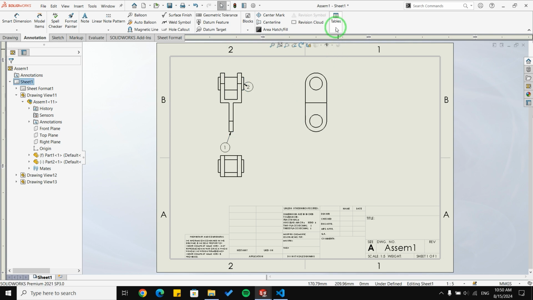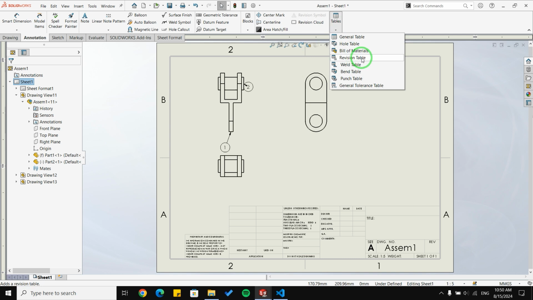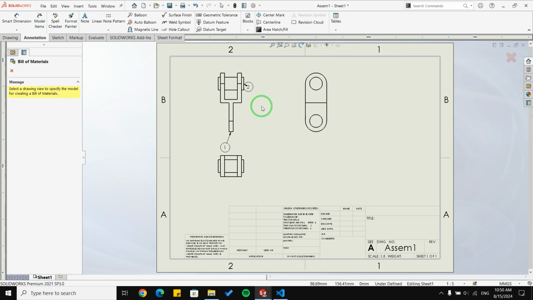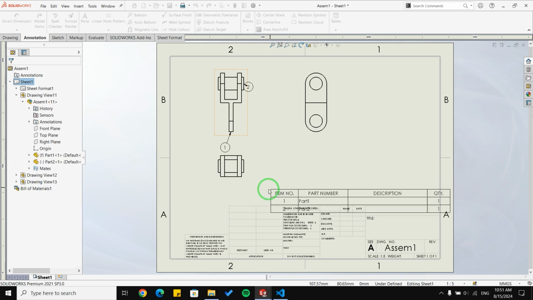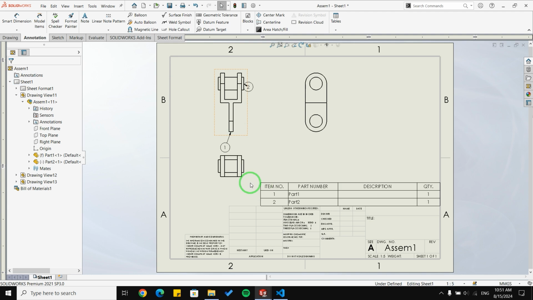Okay, let's talk about tables. In SolidWorks drawing, we have a lot of options for tables, as you can see them here, but we are going to just talk about bill of materials. You can just simply click on bill of materials, select your views, click OK, and place your table, as you can see.